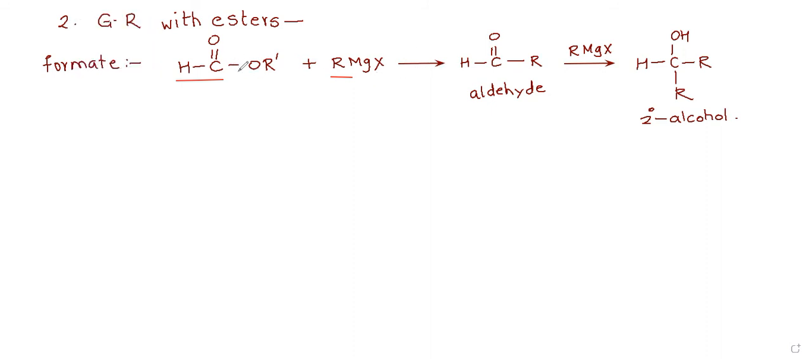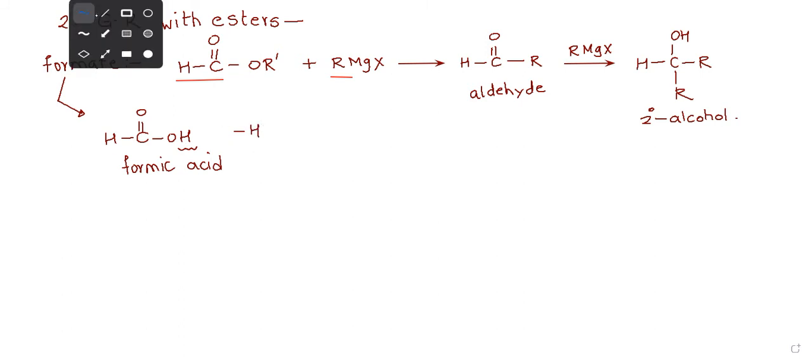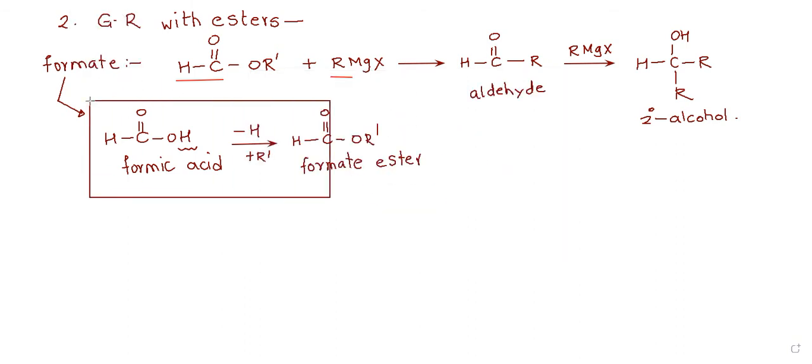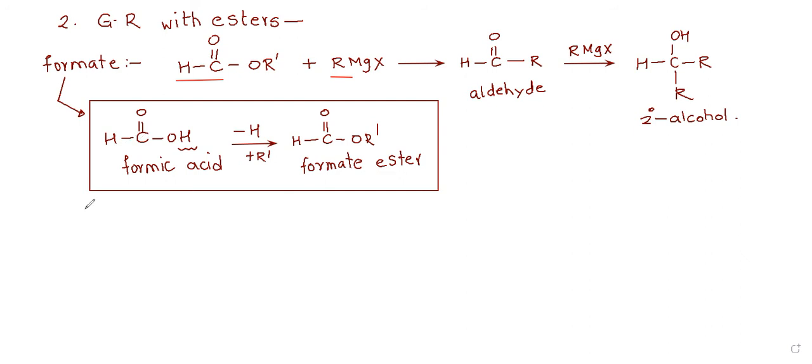Yes. What is formate? Let me explain it for a moment here. HCOOH. This is called formic acid. Now from here, if I remove this H and replace it with an alkyl group, I will get HCOOR'. This is called formate ester. Is this understood by everyone? Anyone who had doubt about formate? Now, other than formate, for any other ester we just call it ester, any general ester.